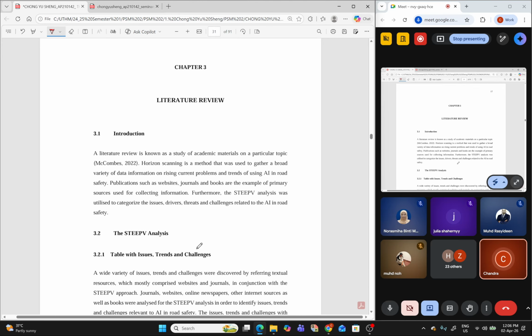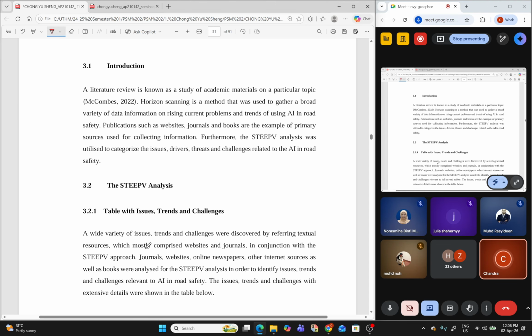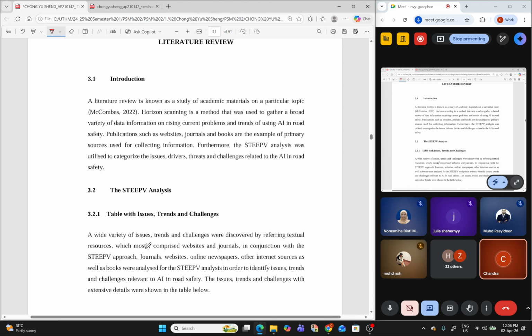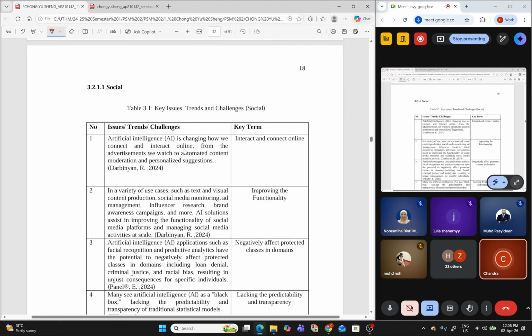Ini chapter 3 literature review. Nanti ada pensyarah lain akan go through, but I need to go through this, otherwise you guys tak faham. So horizon scanning adalah yang ini, tengok, ini adalah dia ambil daripada artikel ni. Artificial intelligence is changing how we connect the internet. So ini adalah satu perkara, satu challenges, issue or some item.